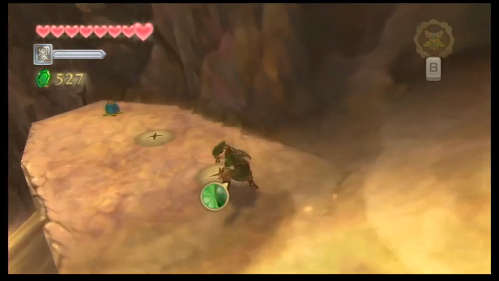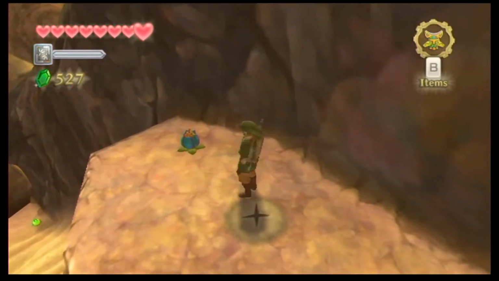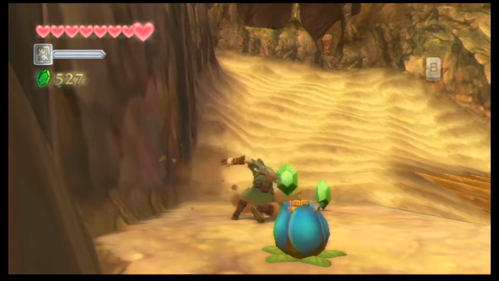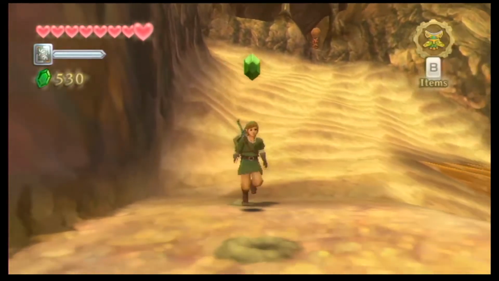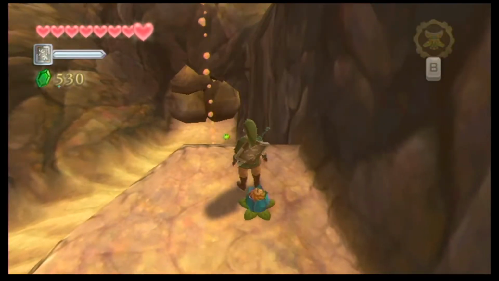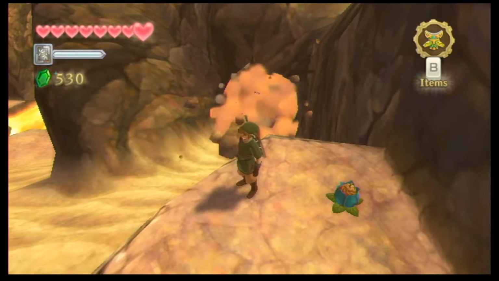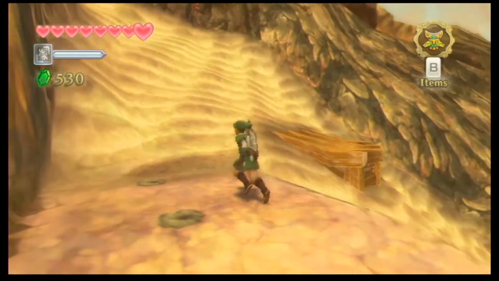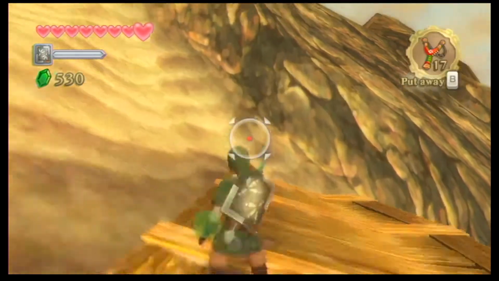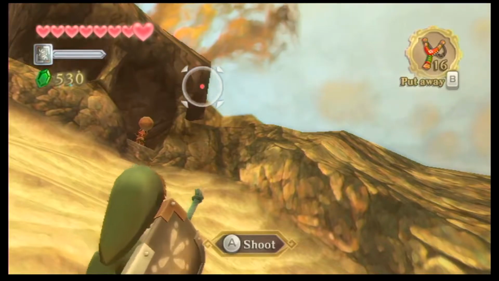Then run over to the far right side, or left side, whichever perspective. The far side, you can use your digging mitts to dig up some rupees and slingshot ammo. We'll be putting that to use in a second. And then throw a bomb flower down to destroy the rock formation. That'll actually bring us close to the beginning area, so it's a nice shortcut to get here from the first part of